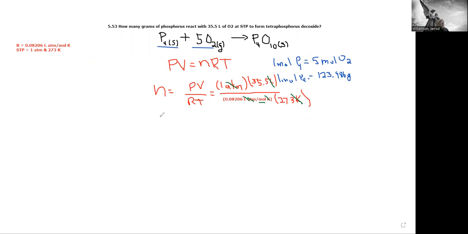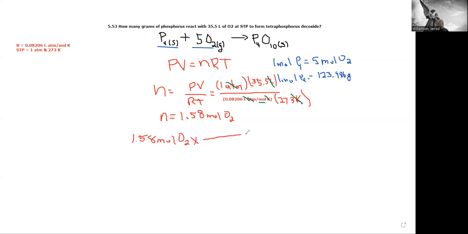So when I do that, I'm going to get n, the number of moles of O2, is 1.58 moles of O2. So now I'm halfway home. So I'm going to take my 1.58 moles of O2